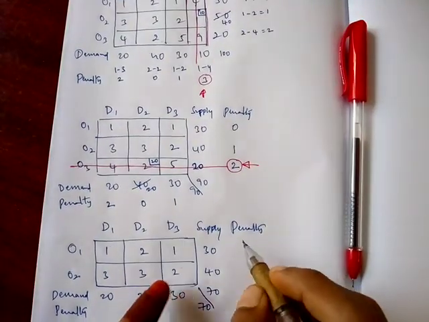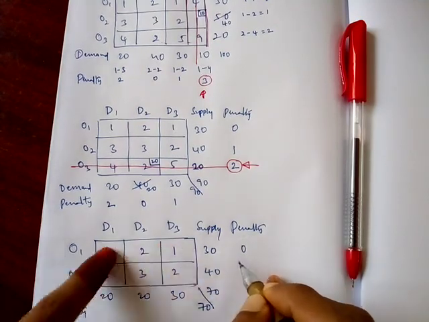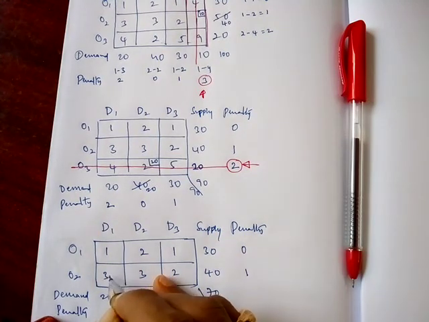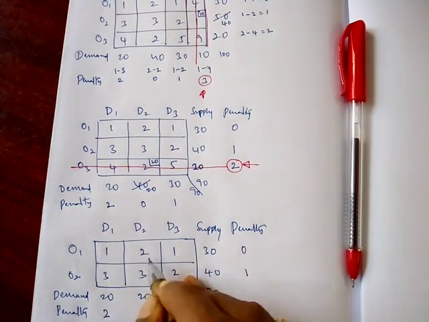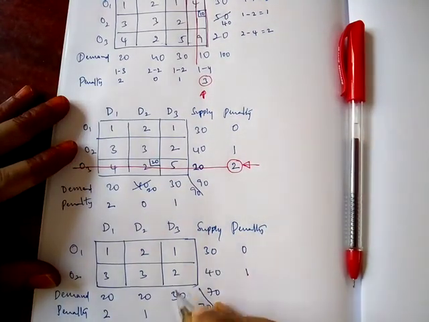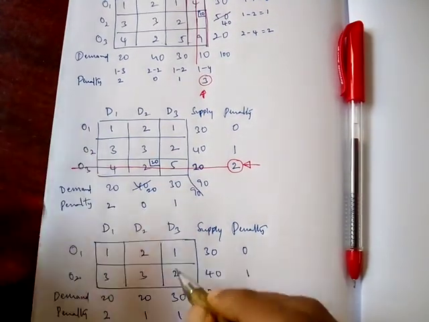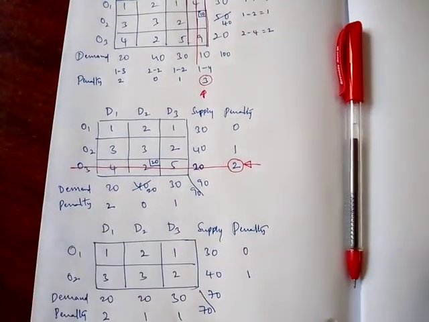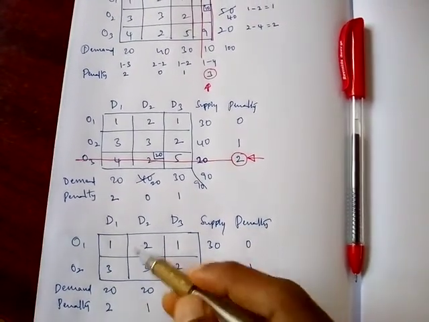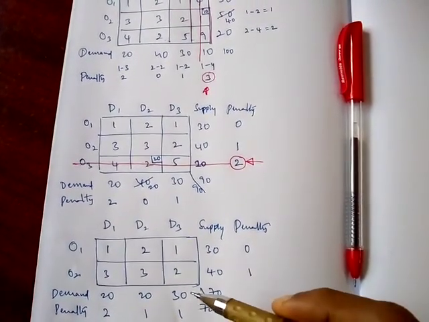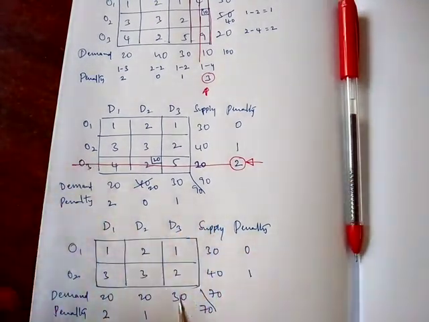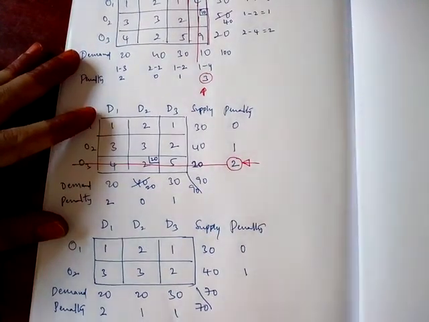So this is the next iteration. The penalty will be 0, 1 minus 1. The penalty will be 1, 2 minus 3 or 3 minus 2. And here it is 3 minus 1, 2, and 2 minus 3, 1. Obviously it comes 1 minus 2 or 2 minus 1, since only two digits are there. We do not need to worry which is least or next to least here. And this is the latest iteration, or table.